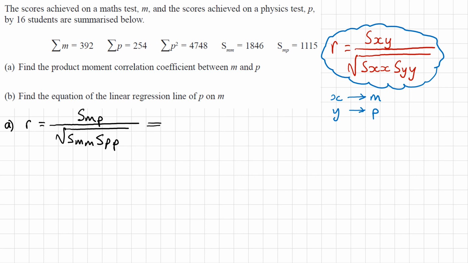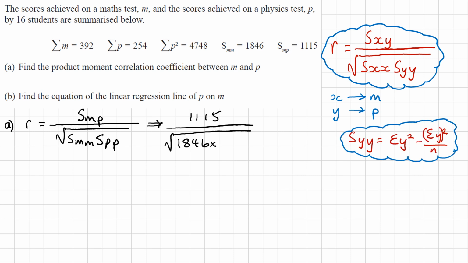So let's just replace what values we have. SMP is going to be 1115 over the square root of SMM, which is 1846, times by SPP, and from the formula book that would be like SYY. So what I want is the sum of P squared, which I have here, which is 4748,